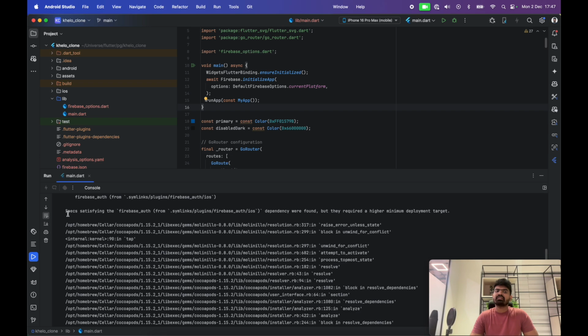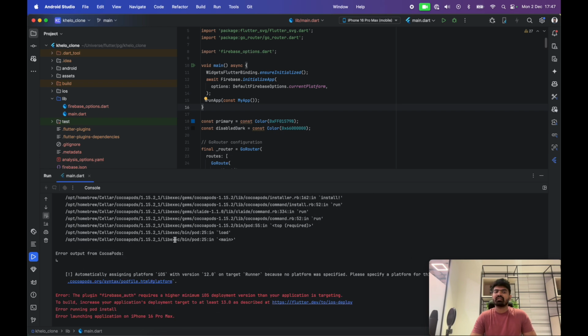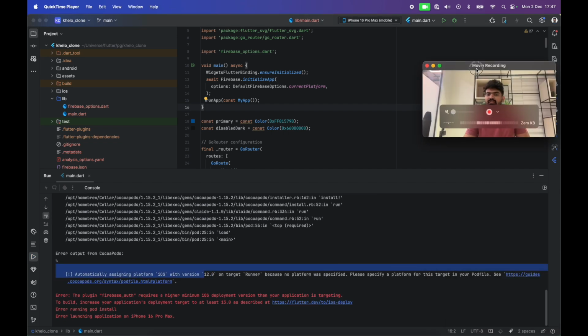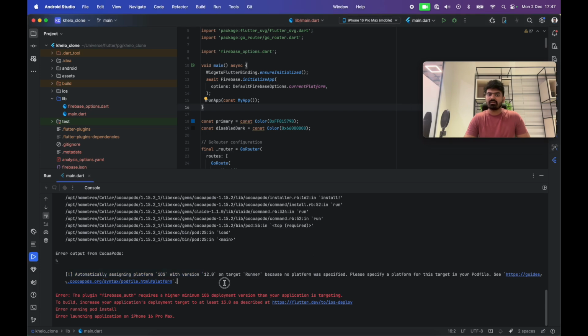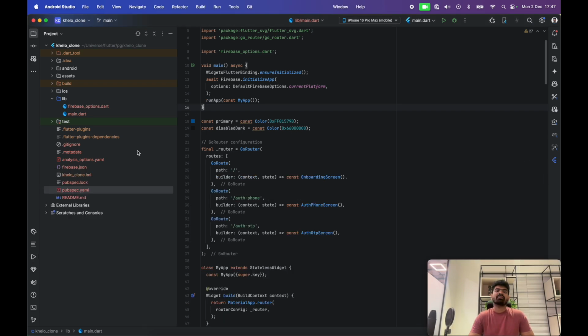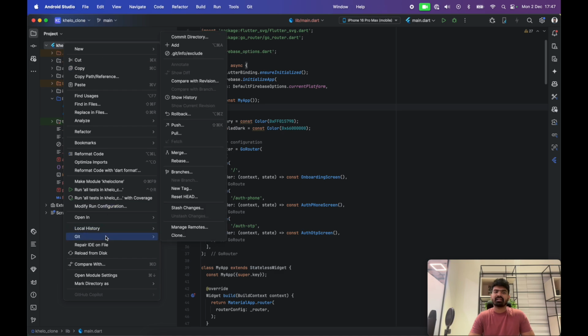Okay, so the error is that specs specifying Firebase auth dependency were found, but they required a higher minimum deployment target, right? So what they are saying is we have our 12.0 target, and they would like to have 13. For that we'll have to open our iOS project. So open this directory